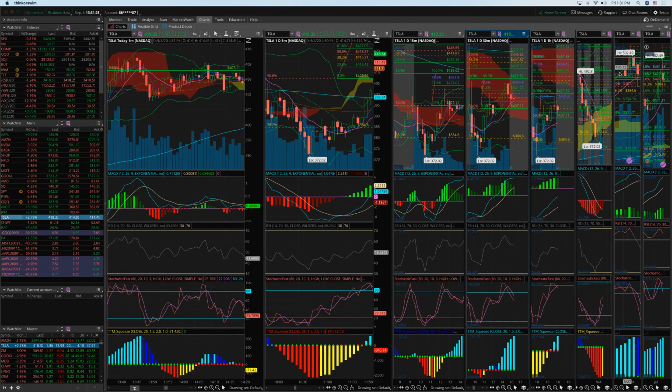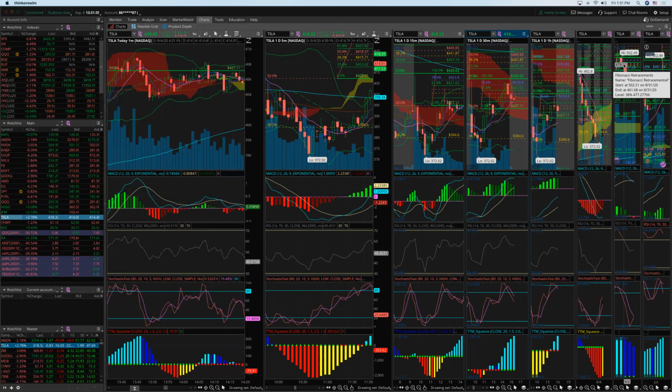It was riding the top of the BB on the daily chart, and then when it started dropping because of people selling shares and so on, it came all the way to the mid BB. So always remember, when something goes below the BB on the daily, it can jump back and go all the way to the mid BB. Or if something goes so far up and is riding the top BB, when it starts pulling back, it can pull back all the way to the mid Bollinger Band.